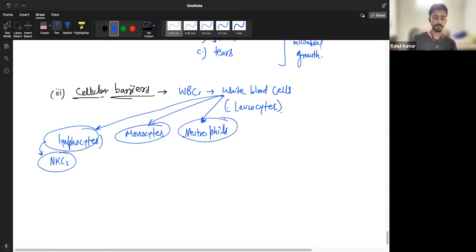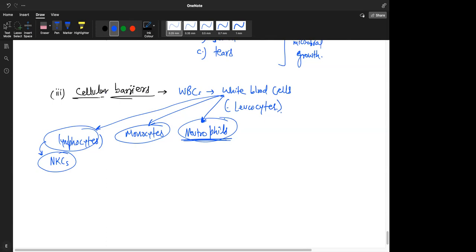Okay. And whenever there is an infection in the body, their numbers increase. So the first cells to respond, or the ones whose number increases the most, are neutrophils. So if you see these numbers high, you can tell that the overall leukocyte number is high, and you can tell that there's an infection in the body. But you're right, they can participate in immunity, but majorly these three are the major players. Okay. Yes, sir. Yeah.